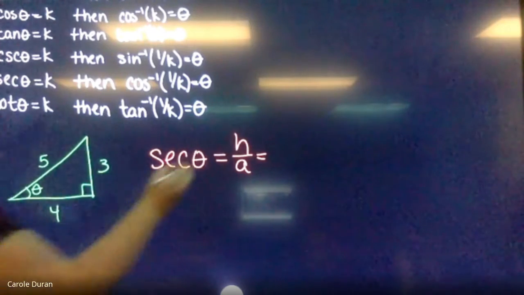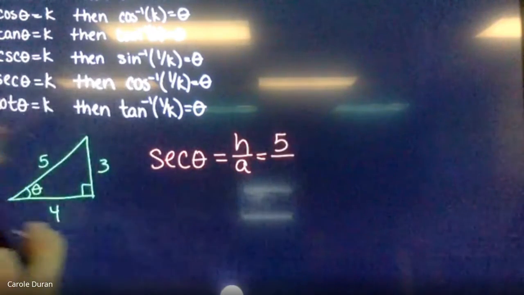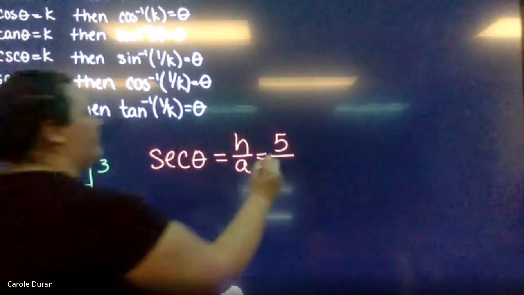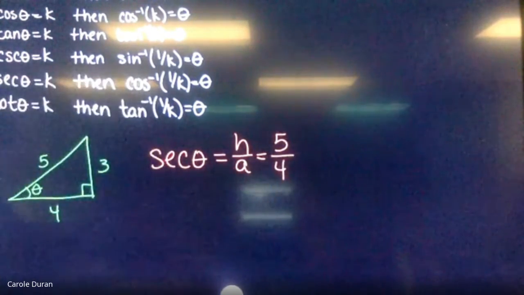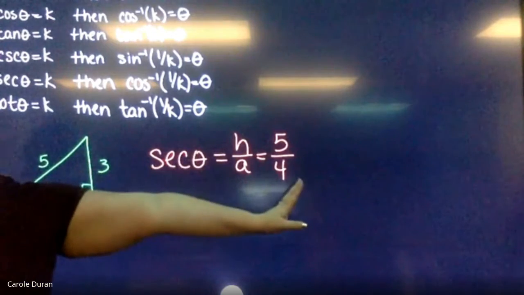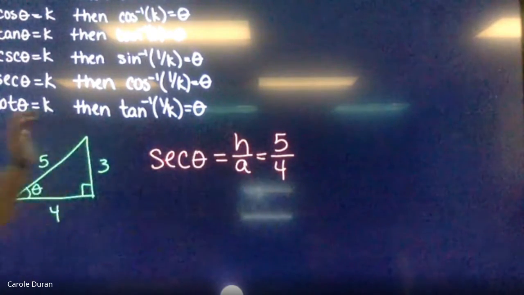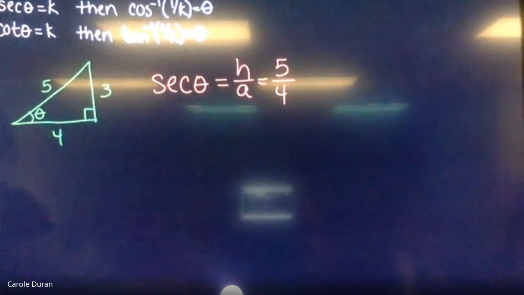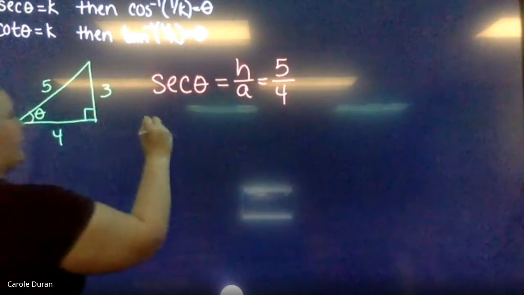And what's my adjacent length here? Anybody? 4, 3, 2, 1. 1. You guys are so funny. So now, since I have the trig function I'm using and I have what it's equal to, I can use my inverses. So we already know that we're not going to use secant inverse because it doesn't exist. I'm going to use cosine inverse